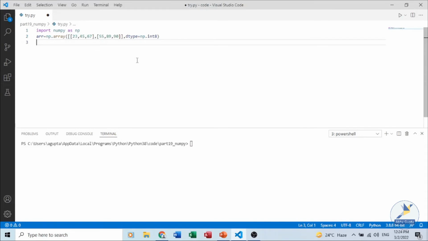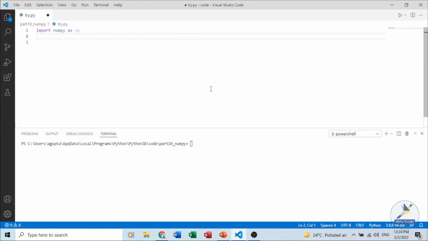There are different ways to create NumPy arrays. The first one is using the array function, which we have already discussed. Now, if the size of the array is known but the elements are not known, then we can create an array with initial placeholder contents, like using zeros or ones or an empty array. Now, how to create that? Let's see.